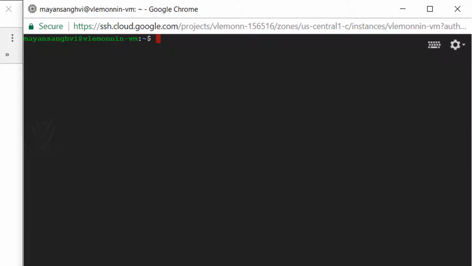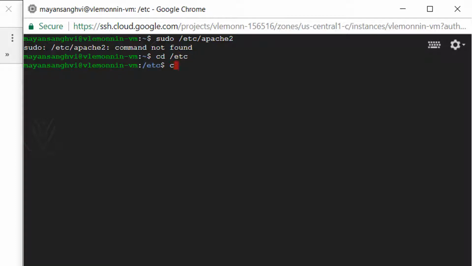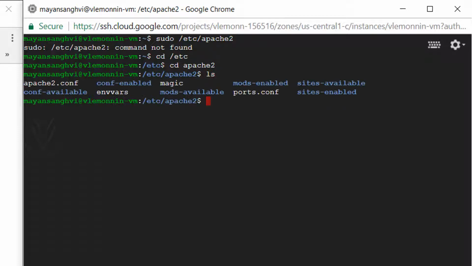And what we need to do, we need to open Apache. I'm not sure of the exact location. I think it's cd etc, and cd apache2, and I think we need to open sites-available. Yes, cd sites-available,